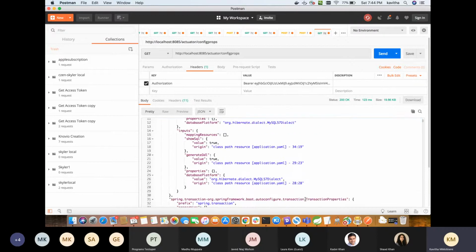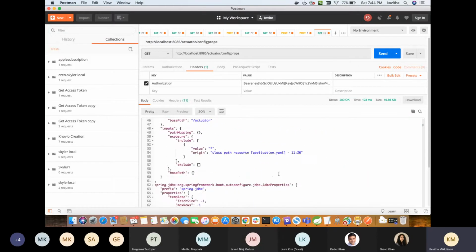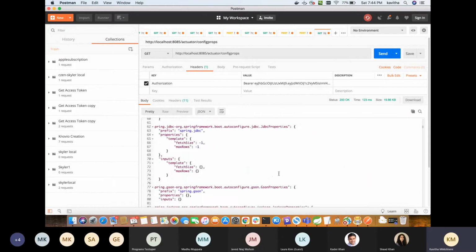So all the endpoints it gives, and we'll be able to check whatever is needed.